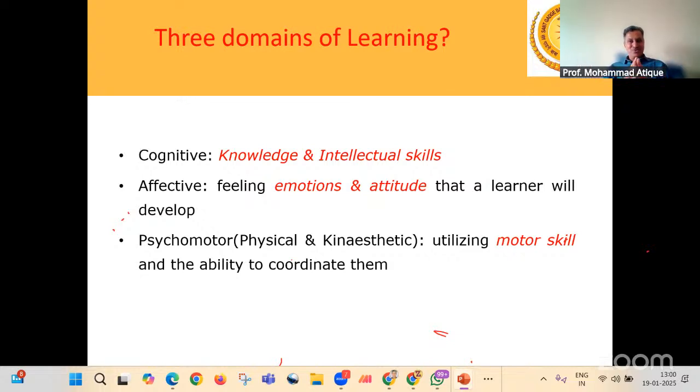So normally, if you look at why the students of, say, University of Pune are more employable as compared to the students passed out from Amravati University or, for that matter, maybe Nagpur University, the answer is they take these aspects, that is the affective and the psychomotor aspects, very seriously.